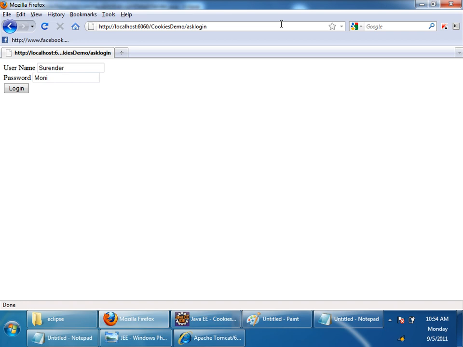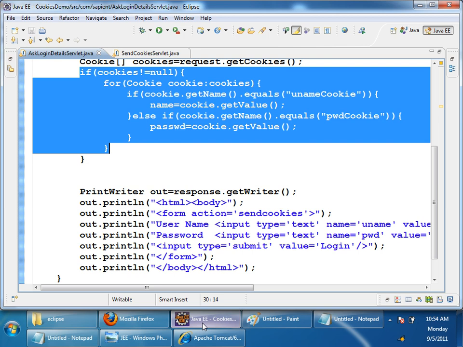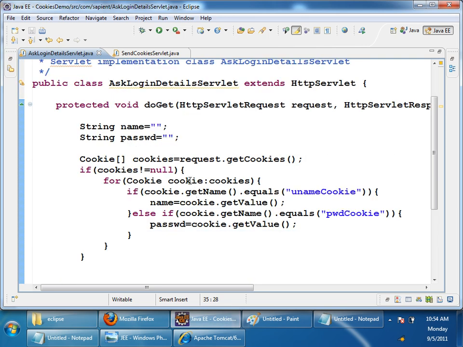Now see, are they populated automatically? Whenever my browser is giving a request, my browser has sent cookies. When I say request dot get cookies, I am getting a cookie array whose length is 2. There are 2 cookies, right? So I am checking, is it null? No, because there are 2 cookies. So I am checking the name. If the name is uname cookie, I am initializing name, else password. So in these name and password variables, the values will be saved, and then while displaying here,